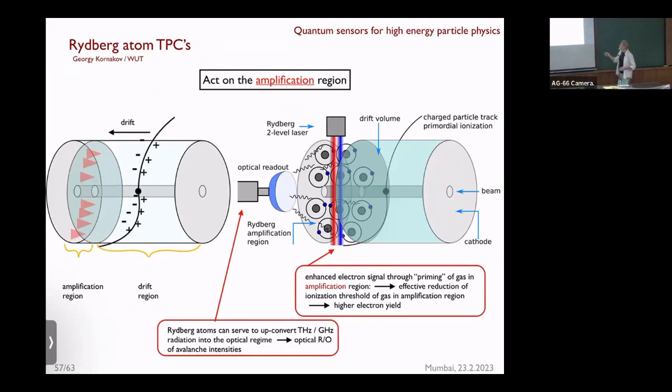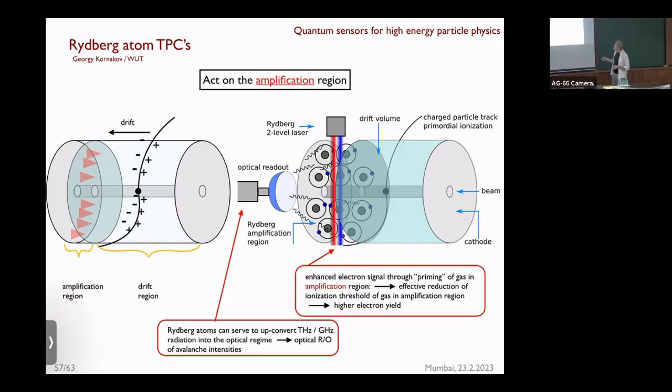Now, this is again the same kind of detector, a time projection chamber. So this is a very large drift volume in which you detect particles that are produced, for example, in the interaction of two protons. As these secondary particles fly through the TPC, they ionize the gas. The electrons that are liberated by the ionization drift towards the amplification region. And in here, the electric field between this plane and this plane produces the showers that you want to see